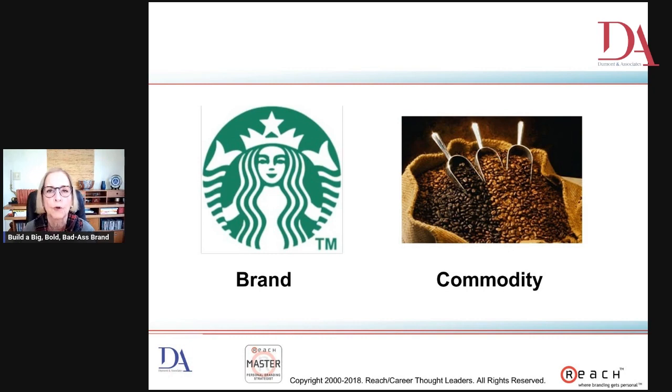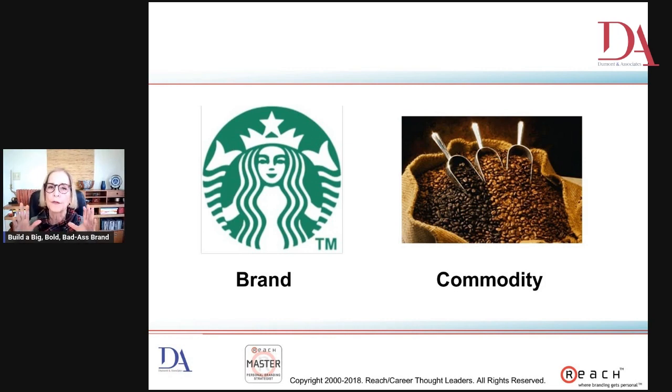It doesn't have a logo or a brand or anything like that with it. When we go into a grocery store that has a big bin of coffee beans that we can choose from, we have a choice. We can reach over and get one that has a brand on the front of it, or we can just get the generic kind the grocery store sells. And which one do you think you would pay more for? The commodity, right? You are always going to pay more for Starbucks Mermaid. She just commands a bigger price, right? And she is easily recognizable.